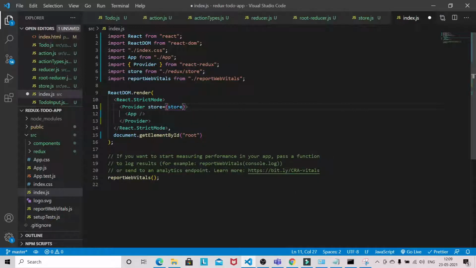That means now we can access the state in the application.